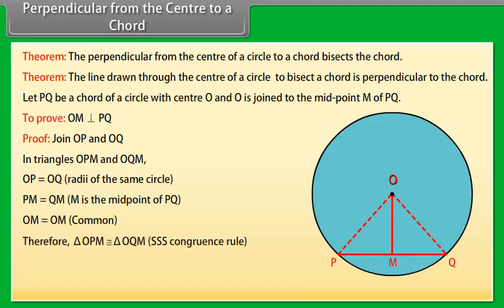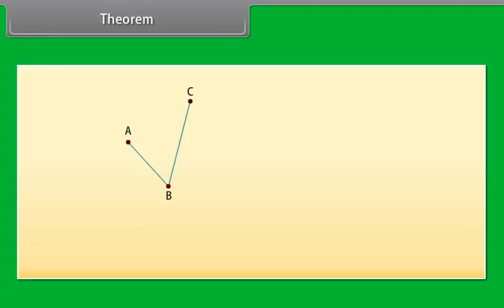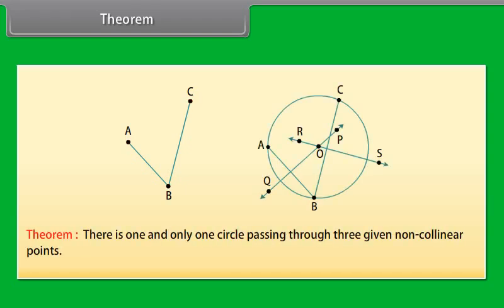Therefore, by SSS congruence rule, triangle OPM is congruent to triangle OQM. This gives angle OMP is equal to angle OMQ, which equals 90 degrees because corresponding parts of congruent triangles are congruent. Theorem. If we have three non-collinear points, then the theorem says that there is one and only one circle